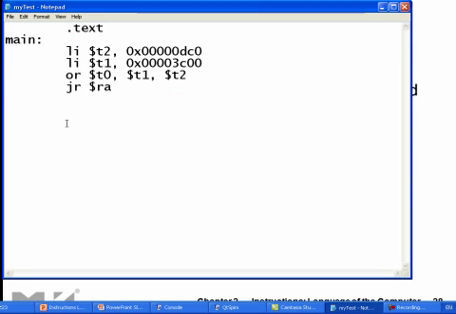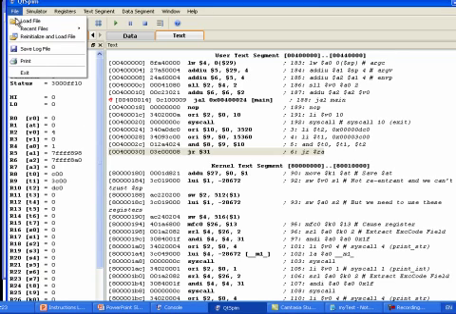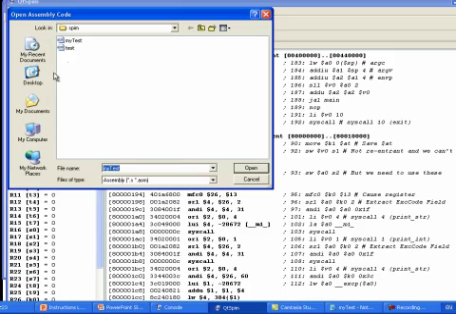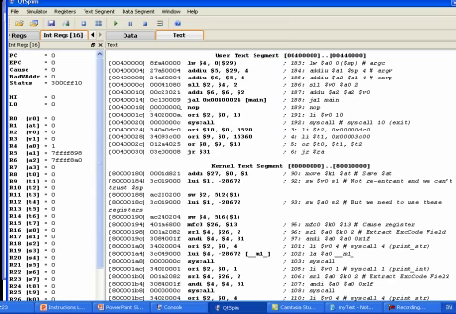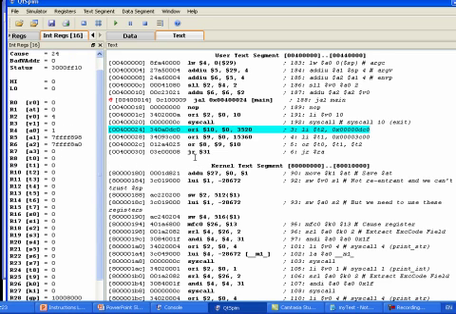Okay, so let's check. Let's save it and then run it. I can go to File, Reinitialize, and then load the file. Open, and then set a breakpoint at the JAL main. Set the breakpoint and run it. Now single step through it. I'm going to press F10 so you cannot see it, but I actually press F10 to single step through it. Okay, so first we